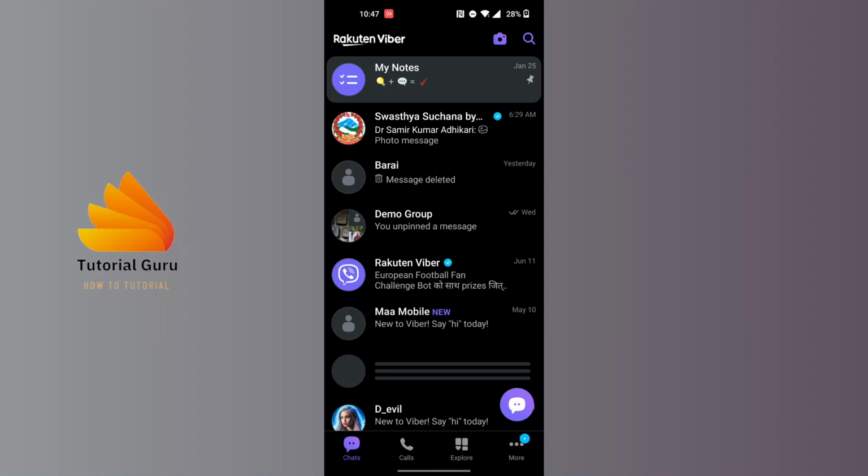After opening your Viber app, guys, on this interface at the bottom right corner of the screen, you can see there's a more button available for us with the three dotted icons. Tap on the more button with the three dotted icons at the bottom right corner of the screen, and you